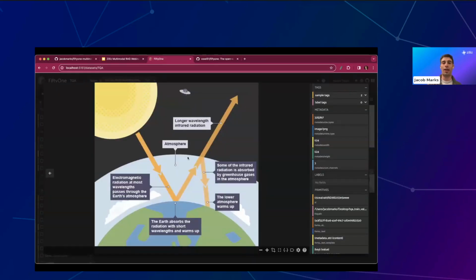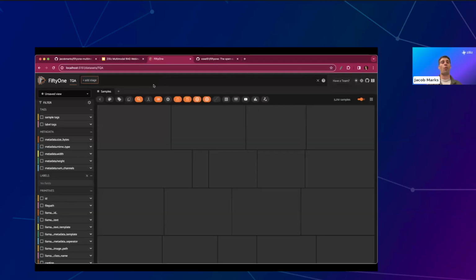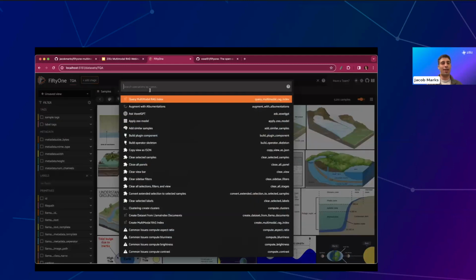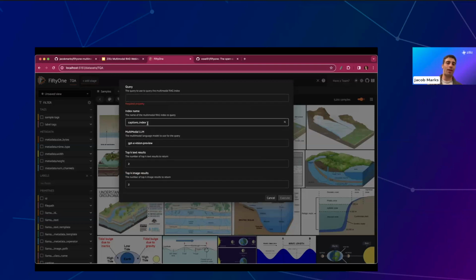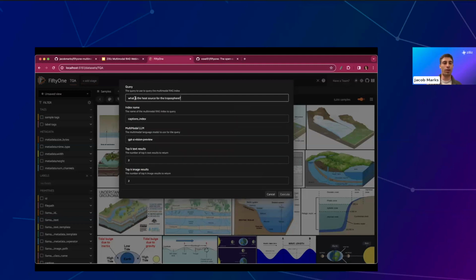It's hard to tell. Perhaps it might be more useful for this case where we have a lot more images that may look similar, but may not be the most helpful for particular scientific questions to use descriptions. So we can try running a different index. And in this case, I've already computed as well an index on the data which uses captions. And these captions are from the data set, but you could also generate those captions from scratch if you wanted to. And we're going to ask the same question.